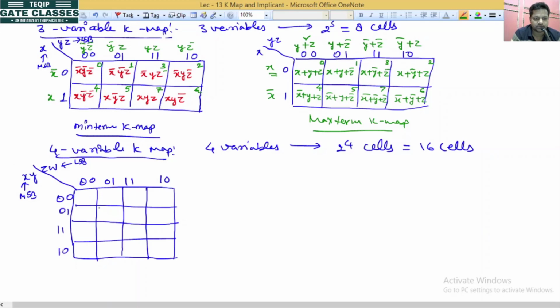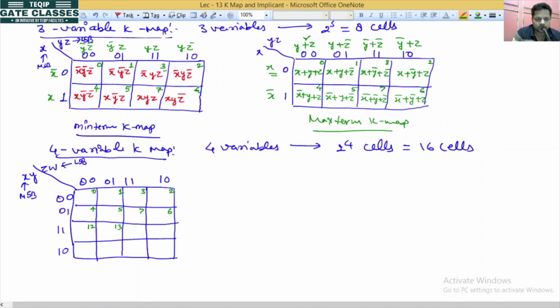So I am going to write the decimal equivalent for this. It will be 0 1. We jump this one. It will be 2 3 4 5 6 7. Now I want to write the decimal equivalent for these ones. So 1 1 from this side, 0 0 from the column side. So it will be 1 1 0 0. 1 1 0 0 means 12. Okay na? So you have to jump from here to here. You have to jump the third row also. I will show you here. So it will be 1 1 from row, and from column it is 0 1. So 1 1 0 1 is 13.